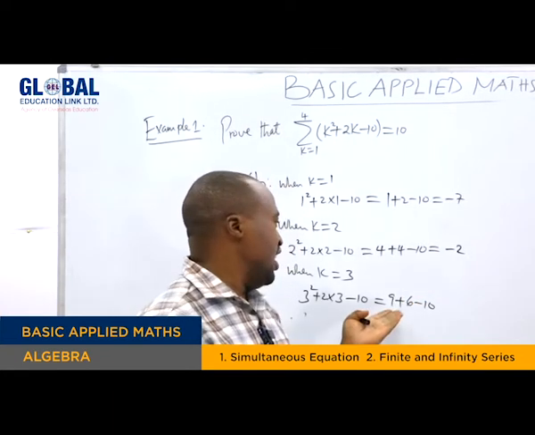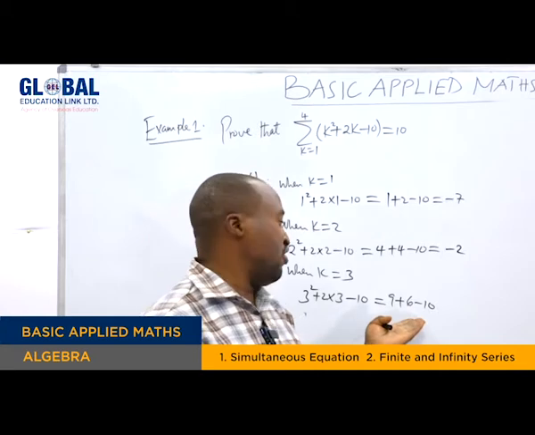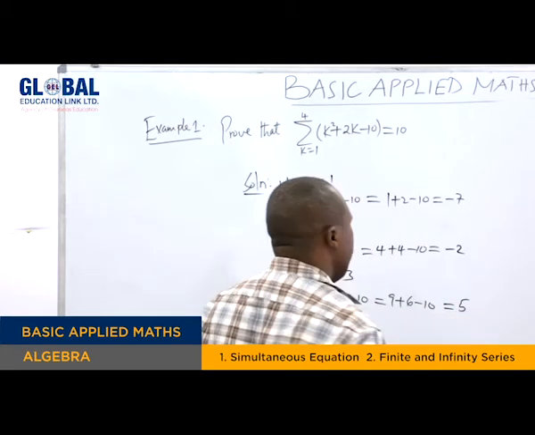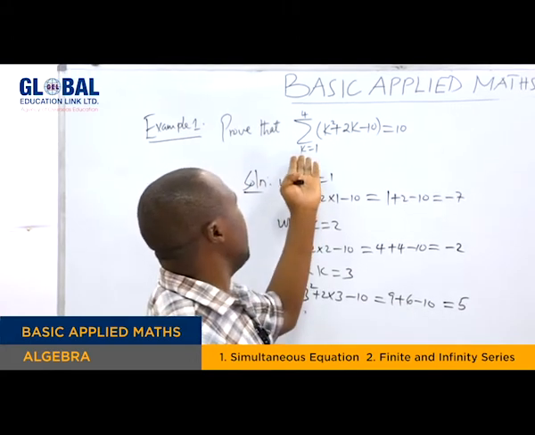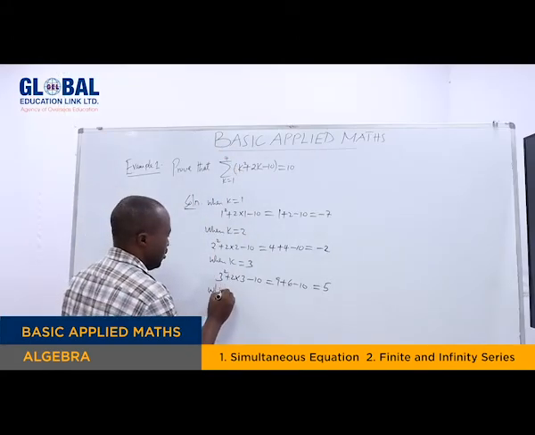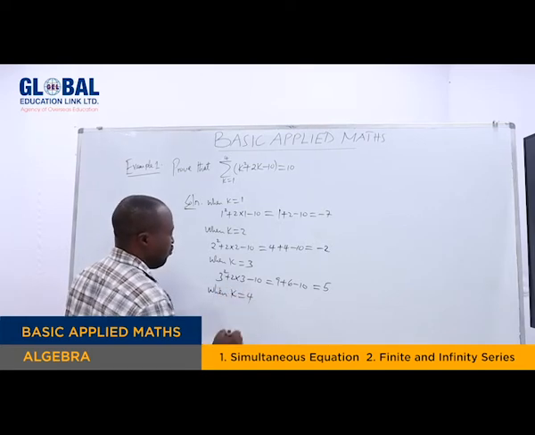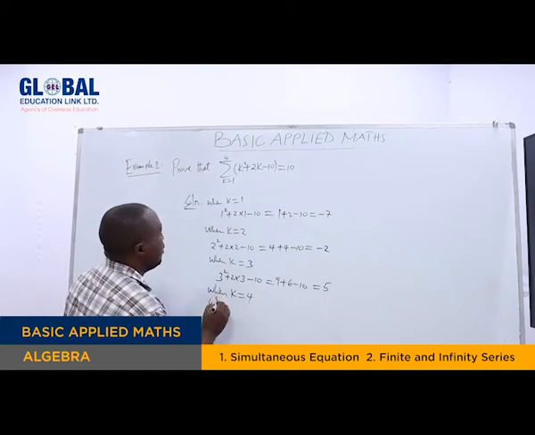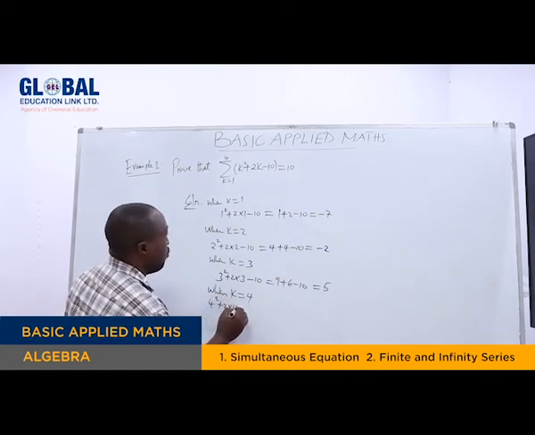So we have 9 plus 5, that is 15, minus 10, we are going to have 5. Then the last number, that is when k is equal to 4. So when k is equal to 4, we are going to have 4 squared plus 2 times 4